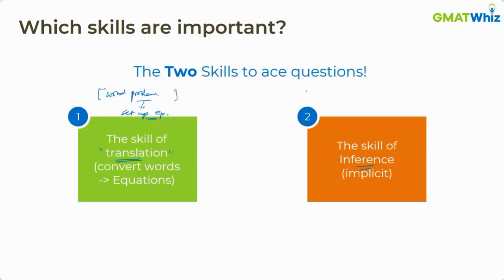So for example, if I tell you a number is divisible by exactly two positive numbers, okay? Let's say I give you information like this. Can anyone tell me what is the implicit assumption here, the inference? The moment you get information like this, a number is divisible by exactly two positive numbers, what inference would you draw from this? Anyone? What would be the inference?